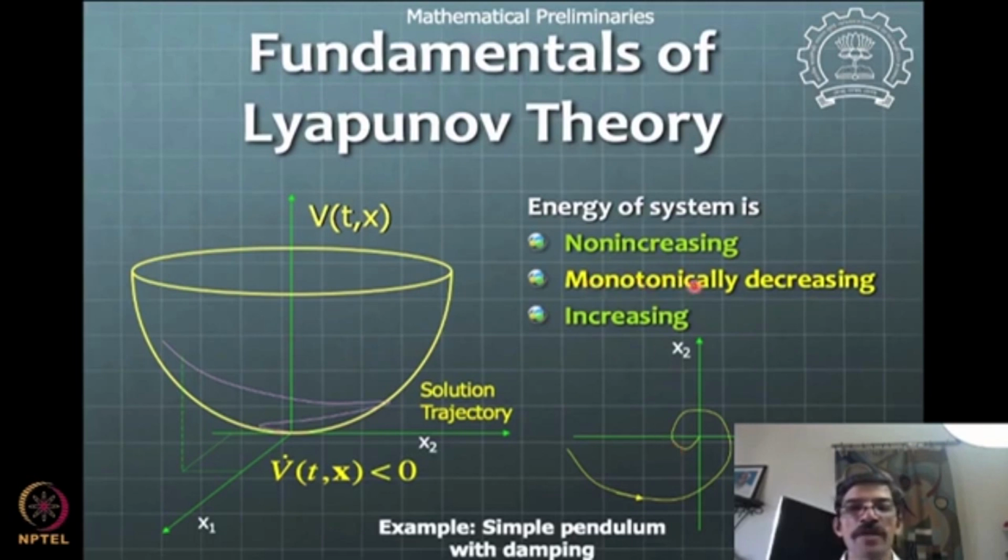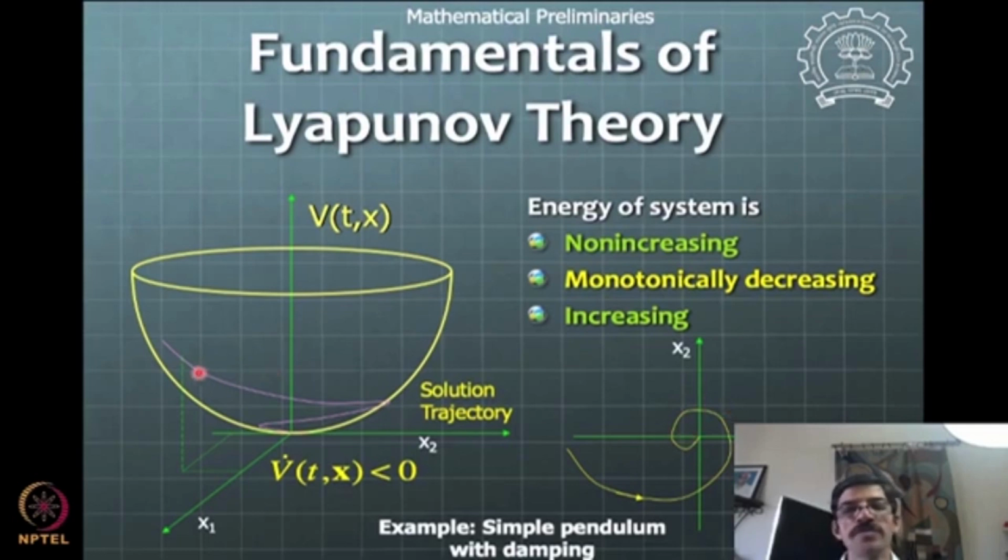Then if you have the energy of a system monotonically decreasing, so from here along the trajectories, it is decreasing along the trajectories. The energy of the system is decreasing and eventually going to zero, as you see, these trajectories are